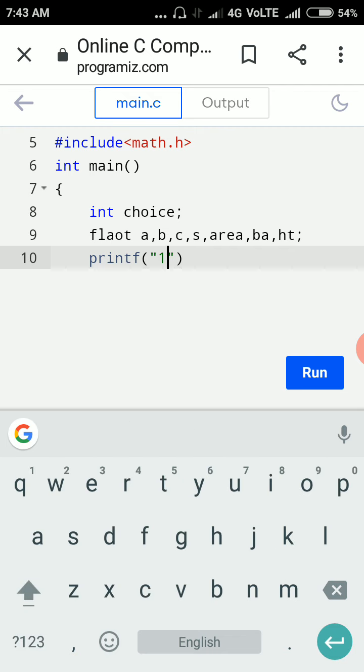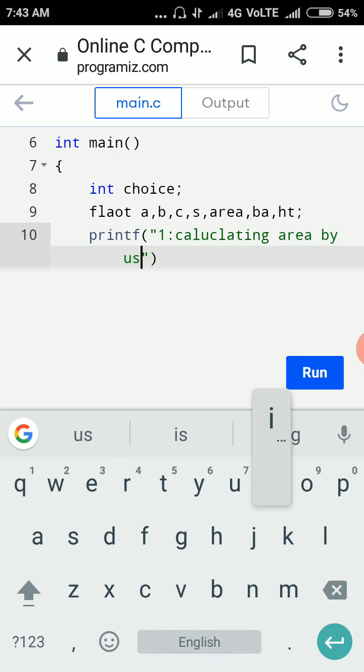My first method is calculating the area by using sides of the triangle.